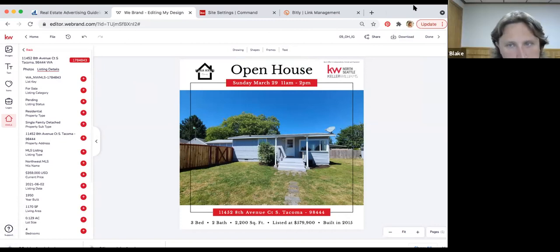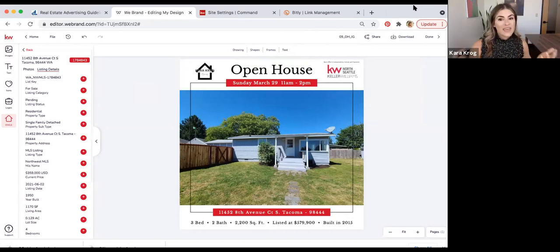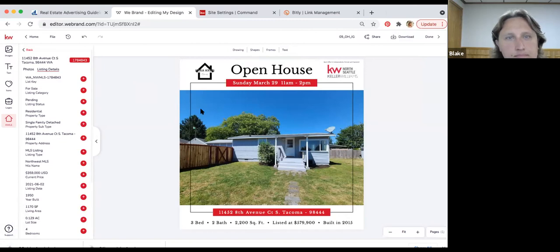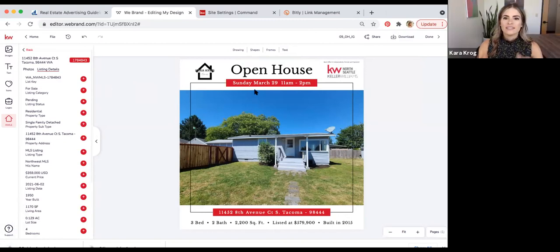And you could also do that with the flyer as well. So let's say you made that open house flyer and you've got a list of people that you want to send it in an email to. Instead of downloading it as a PDF and printing it, I would download it as a PNG, insert it into the body of an email, and invite your sphere. That would be another good way to utilize the open house flyers. So if you're not going to be door knocking for people, but you want to make an open house flyer and send it out in an email, that would be another great option.